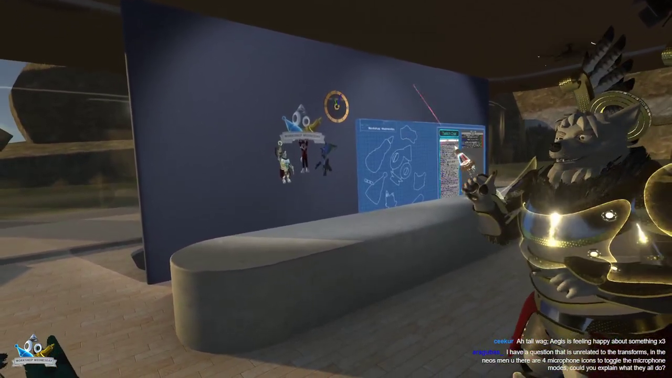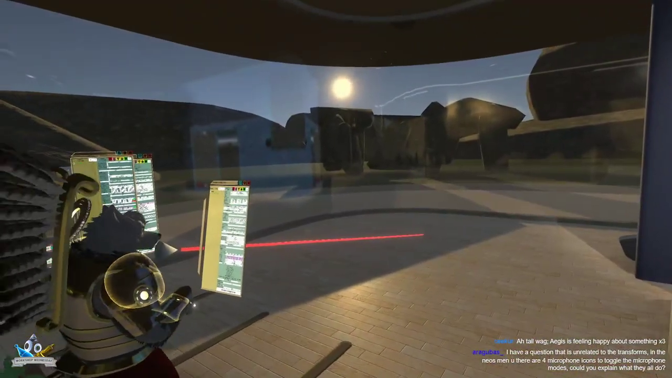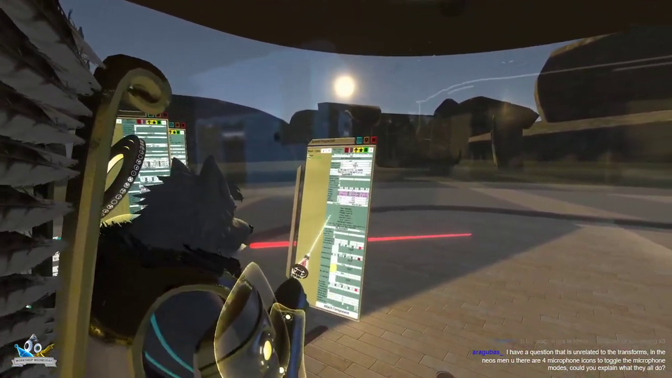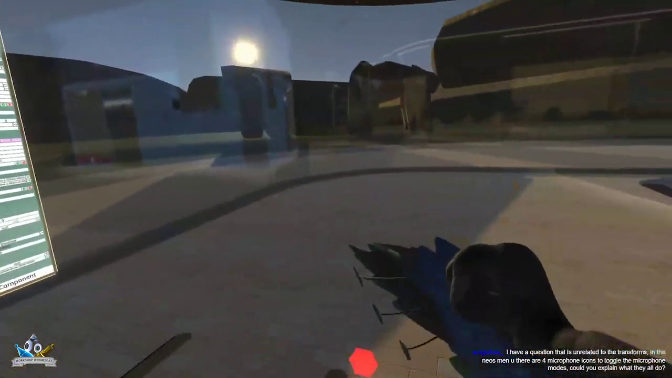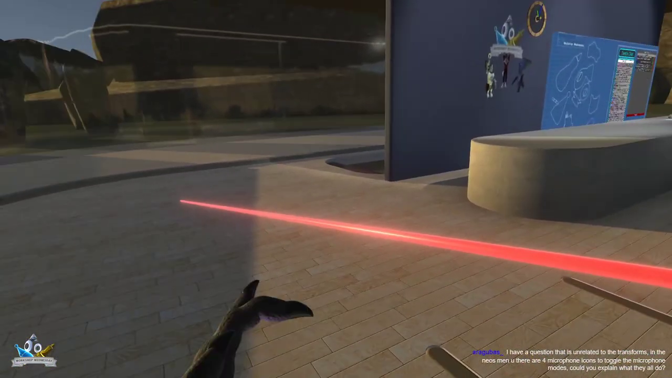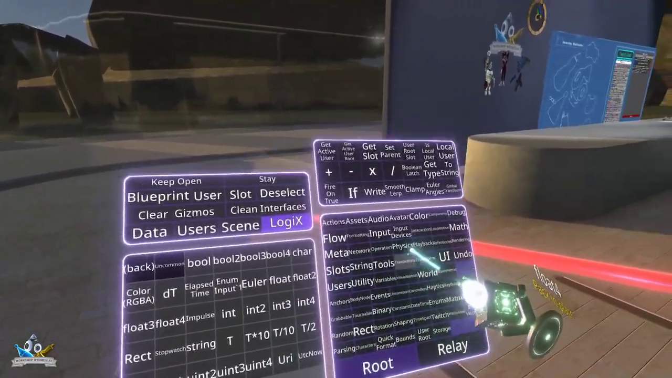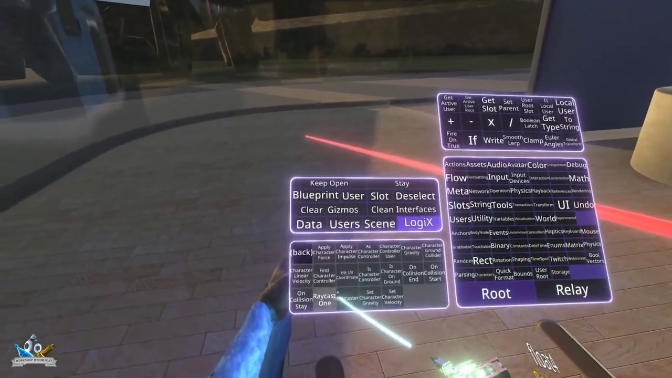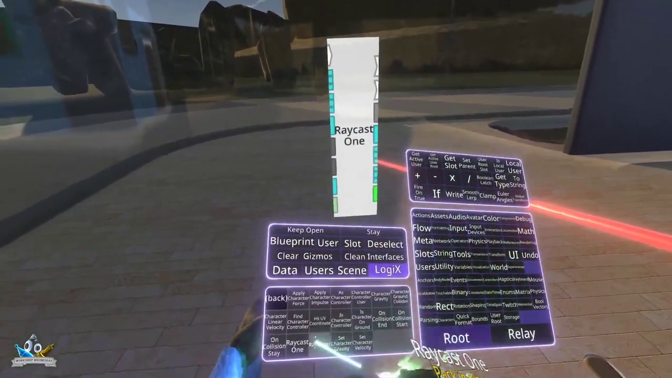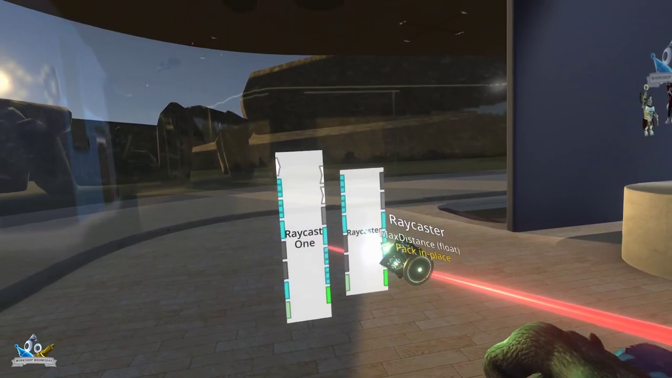Let's see. We do have another question from Aragubas. Does it tell you what object that the ray hits? In this case, no. It just gives you the point. If instead you want to do a ray cast and you want to know what you're hitting, we actually have a Logix node for that, which is under physics,